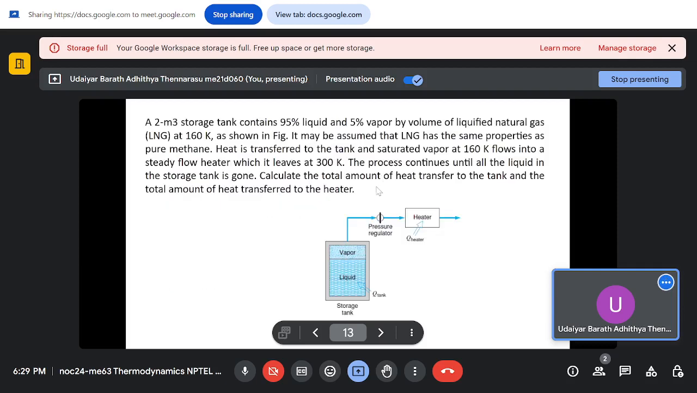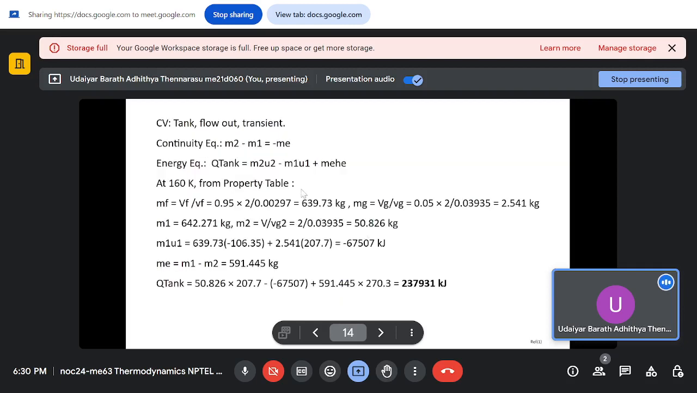So similarly, we can find out how much mass is going out of the cylinder using the same equations which we used in the previous problems. So apply a control volume across the tank. Your mass at state 1 is M1 and at state 2 is M2, and the mass which is exiting is Me. So the energy equation again across the tank: your internal energy change equals your heat transfer minus your enthalpy which is going out. Then at 160 Kelvin,